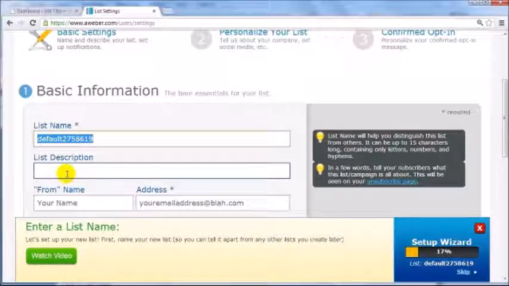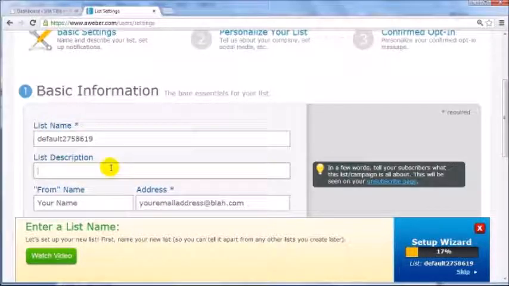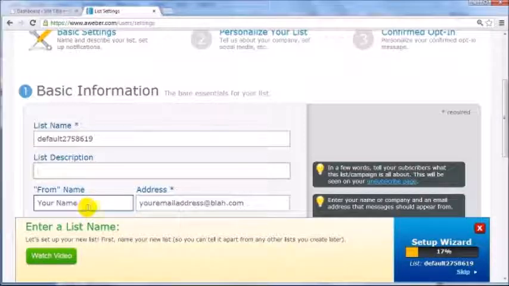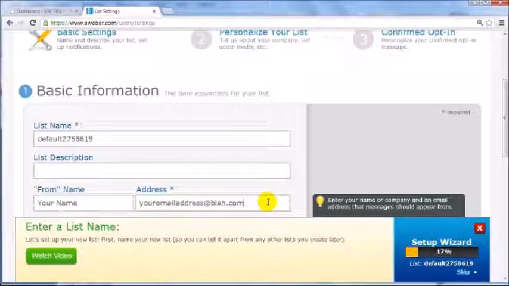You can also enter the list description, and that's just for you when you refer back to it so you know exactly what the list is all about. And then your name, of course, and then your address would be your email address. And once you're done with that,